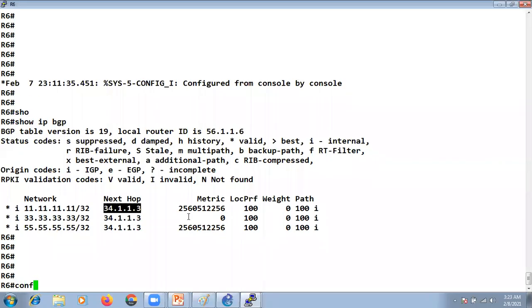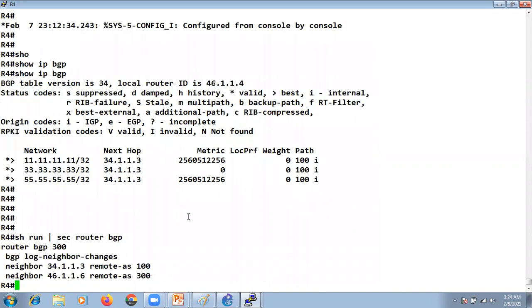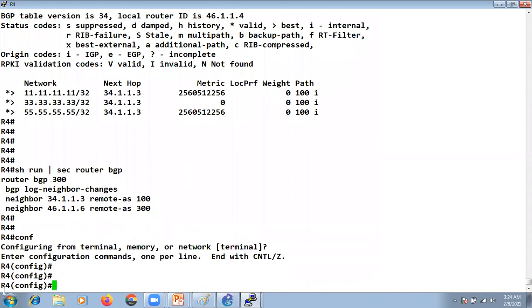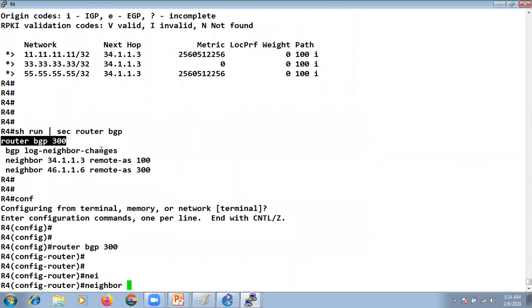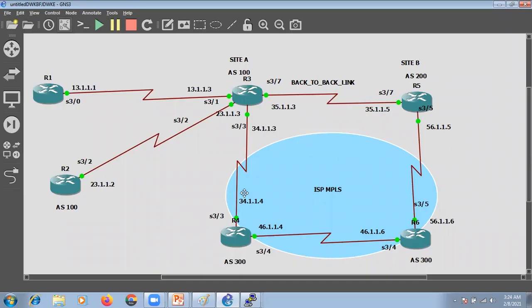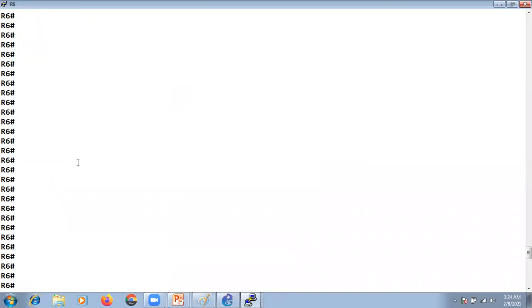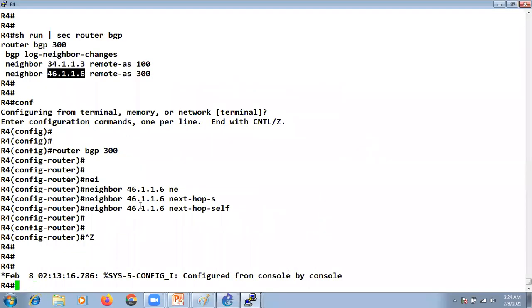So what we can do is, if I go to R4, show run section router bgp, I can configure next-hop-self. What it means is that when I am advertising something to my IBGP neighbor, that is R6, I will change the next hop.